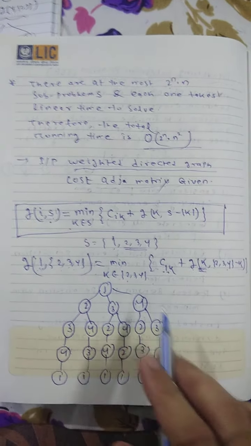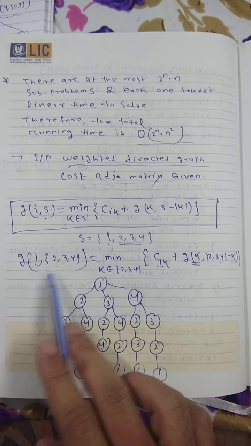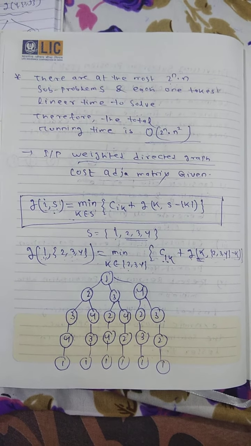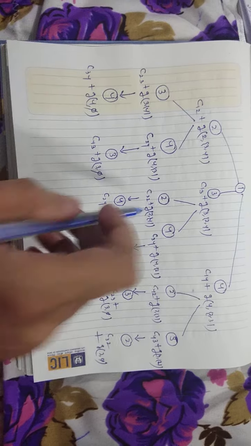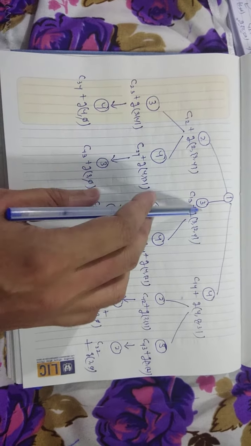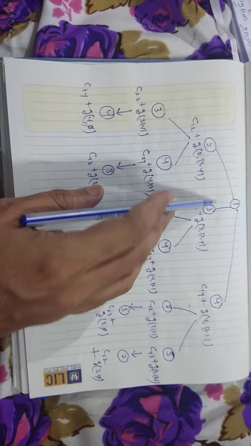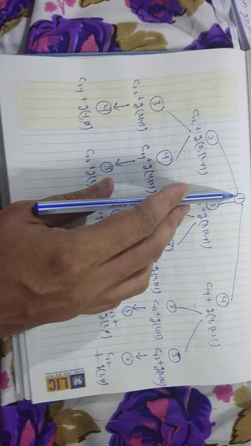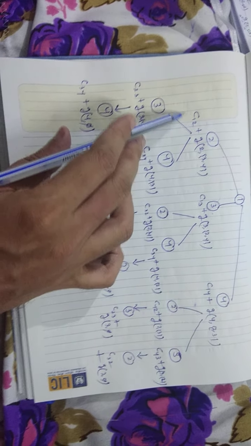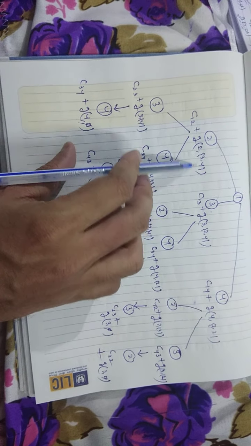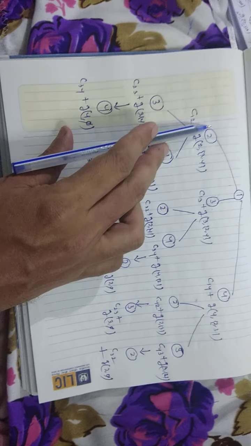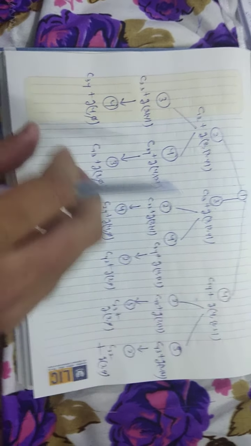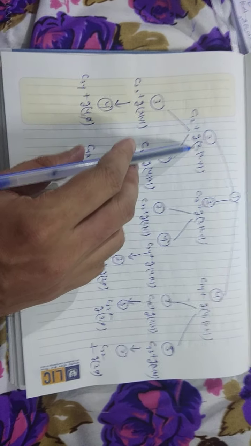Okay, if you represent this path using the dynamic programming formula, let's see how it looks. So it looks like this. See, I'm going 1 2 3 4, and this is the possible combination. If you go from 1 to t, what is the cost here? First we calculate the cost from 1 to t, that is c1t, then again the formula applies, that is g from 2 to the remaining vertices, which are 3 and 4. Here I am supposing 4 vertices are there. 1 is the root, the remaining are 2, 3, 4.